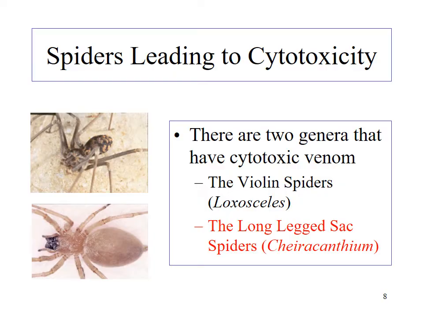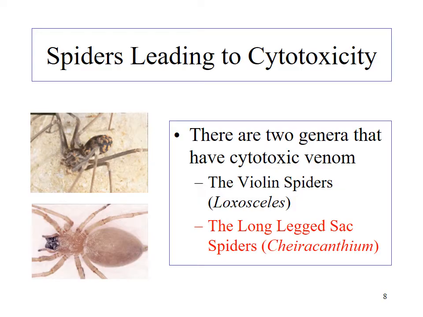So let's start with the cytotoxic spiders. In Zimbabwe, there are two genera of spiders which have cytotoxic venom. And the first one, there is no question about it. The violin spiders are well documented to cause serious cytotoxic envenomation. And I've put this one in red, the long-legged sac spiders,